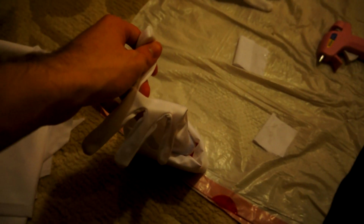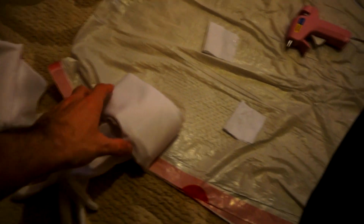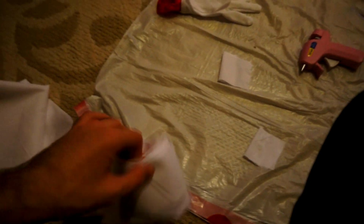But I'm assuming, of course, that you picked up the same exact clown gloves that I did, but this is just one method you can do, and these I got for like $5 at Party City, so very affordable and very effective. And if you guys don't know just how effective, well...